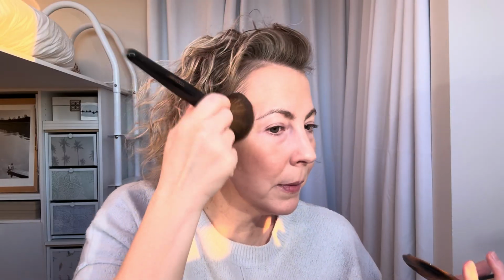I don't even know if you can tell, because it's such a neutral light color, and the Rare Beauty had much more pigment to it. But I love that I really can't wreck this, right? Like it's so light, I have to build it up, and so there's no worrying about putting too much color on it, at least today, not right now. And then it did set it, right? Like I look very bronzed right now, so I will move on to